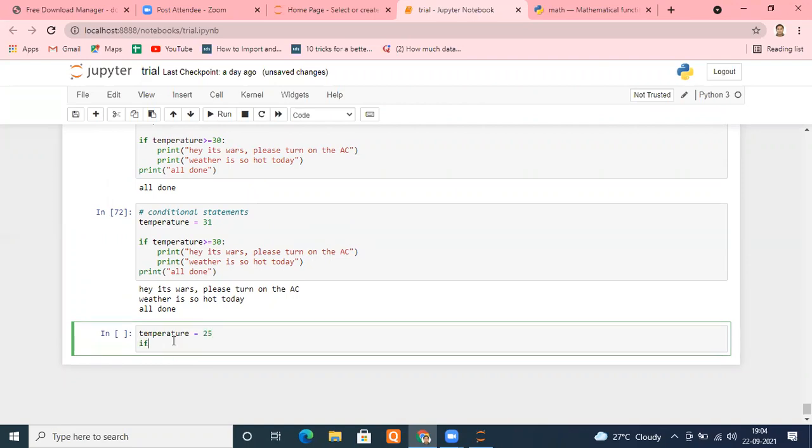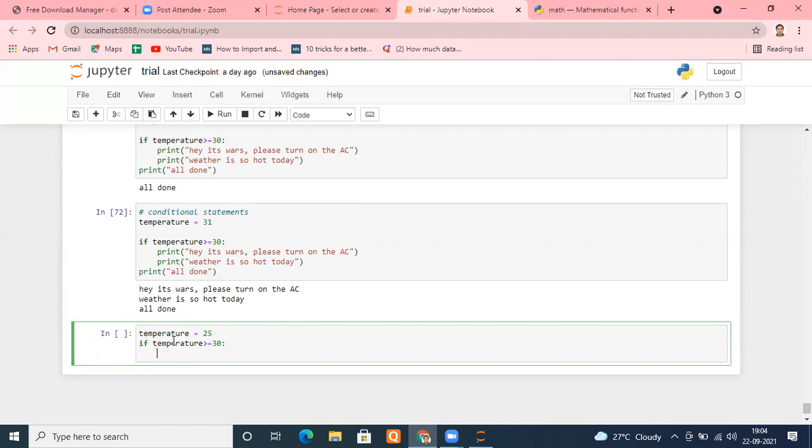And I'm typing if temperature is greater than or equal to 30, print "turn on the AC". Now see ahead. If temperature is greater than or equal to 30, turn on the AC.